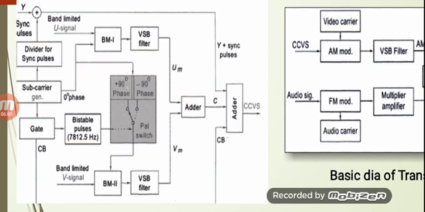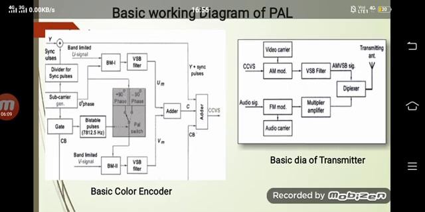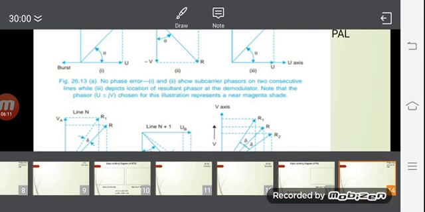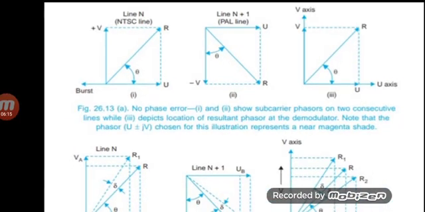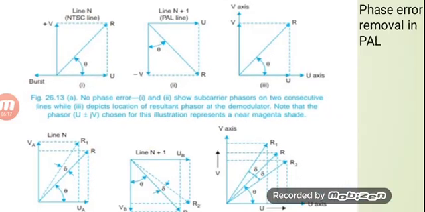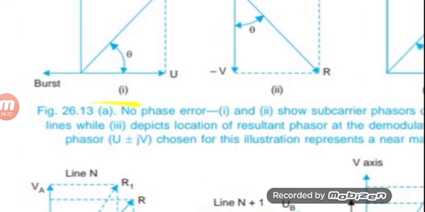Now the question arises, why go for this? Why do we go for plus 90 degree and minus 90 degree for every alternate line? The solution will be given in the next slide here. Now just imagine this kind of diagram here, that once here you can see the U signal is